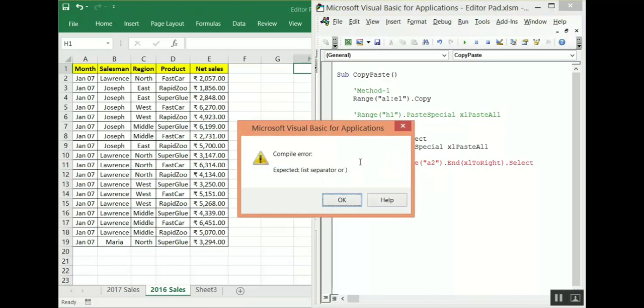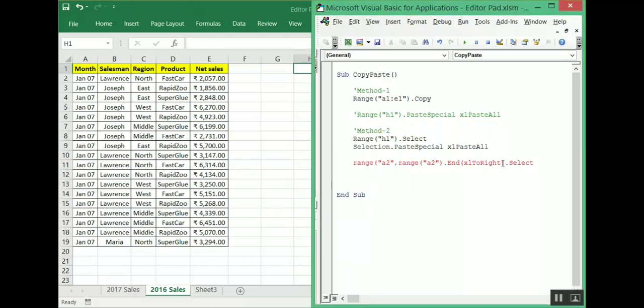I think I missed one bracket here. If you have seen my previous videos, there I have shared how to use the End function. By this we will be selecting the entire A2 till E2, and then the code which I'm going to write next will select the rest of the data till the bottom. So Range